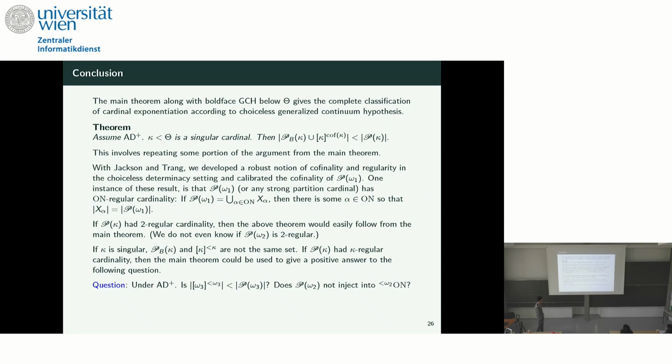Yeah, so one way to resolve this would be to figure out, I mean, it's not an unreasonable conjecture that maybe the power set of any ordinal is fully ordinal regular, or at least